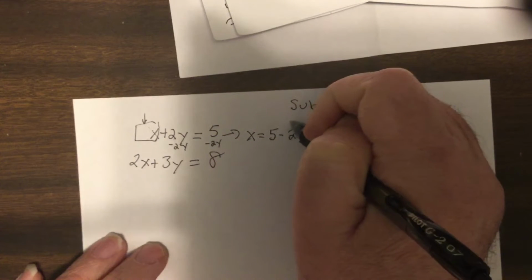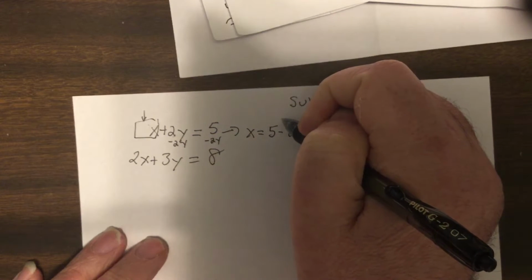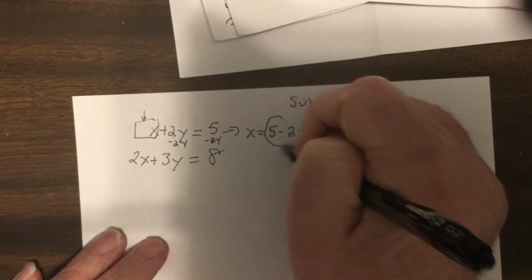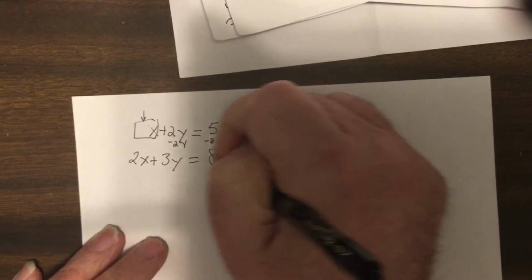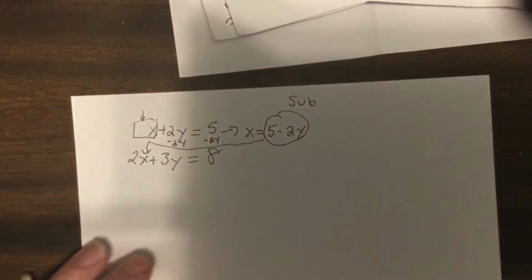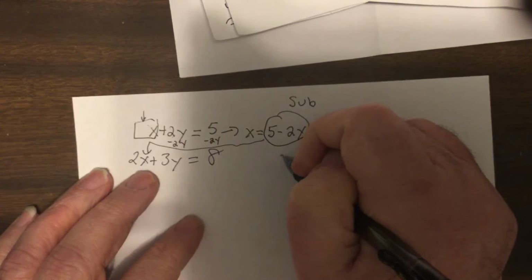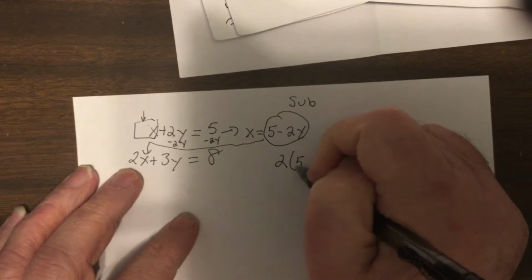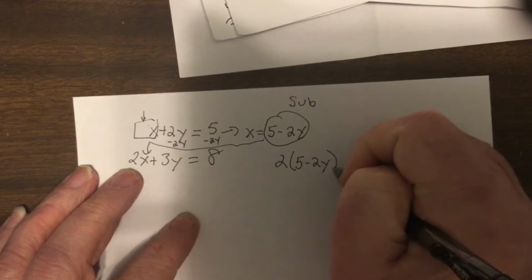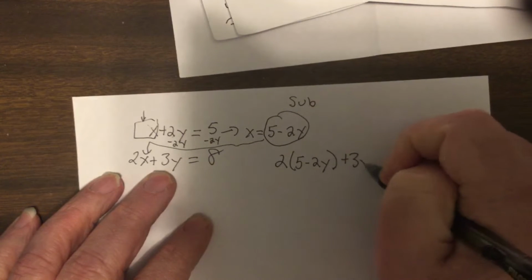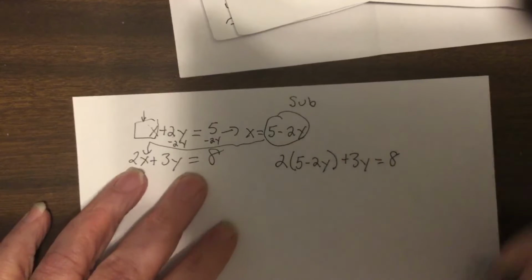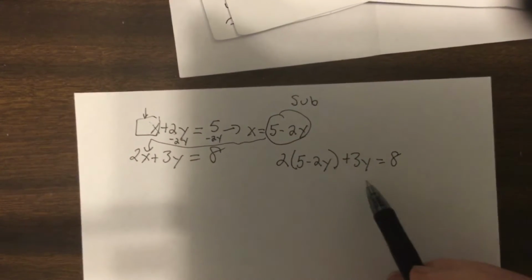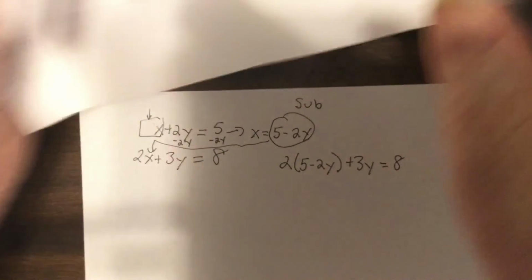Then you substitute, thus it's called substitution, that into the other equation for that variable. So I'd have 2 parentheses 5 minus 2y plus 3y equals 8. Now, since I have one equation with one variable,